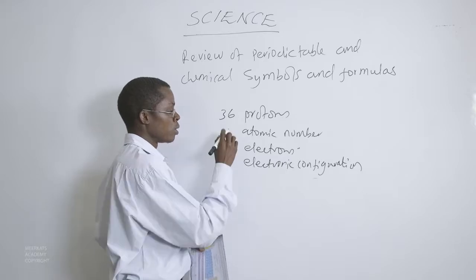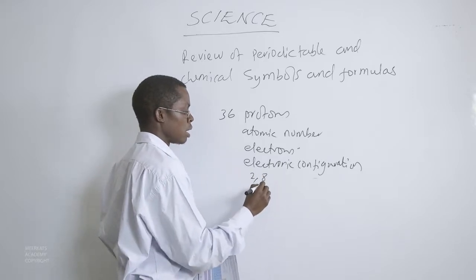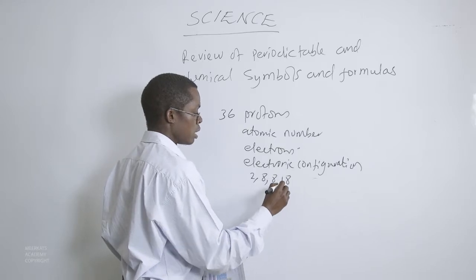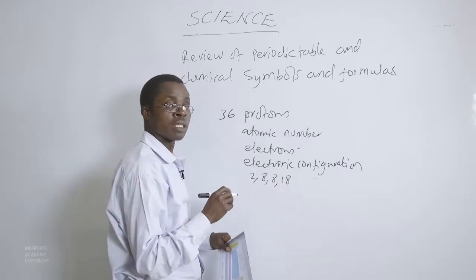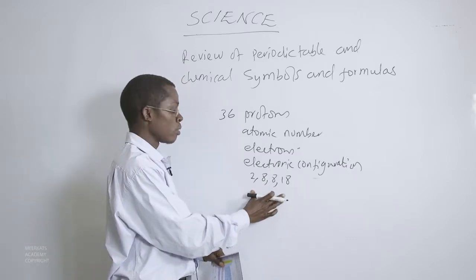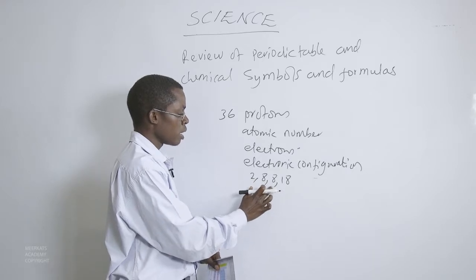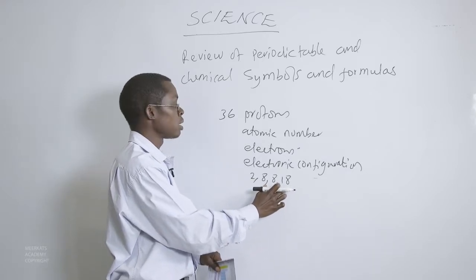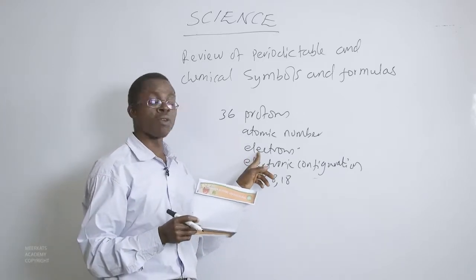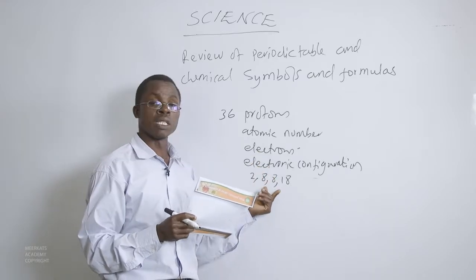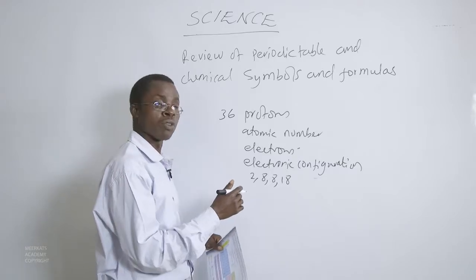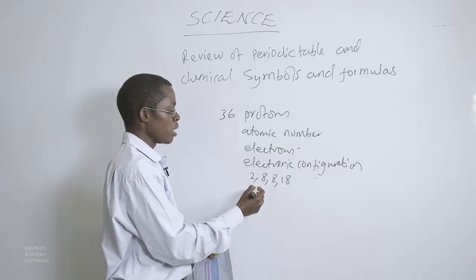Electronic configuration, which will be 2, 8, that is 10, 8, 18, 18, total gives us 36, and that is the end. So if you make a total of these electrons, 2 plus 8, 10, 10 plus 8, 18, 18 plus 18 gives us 36. It has given us an equal number to the number of electrons, meaning that this is the correct electronic configuration. Now from here, we can get the position of this element by checking on how many